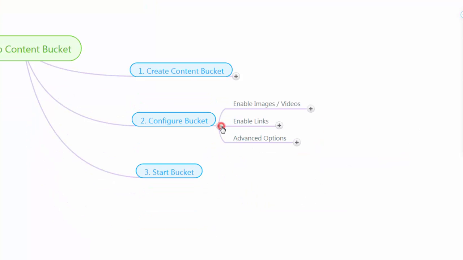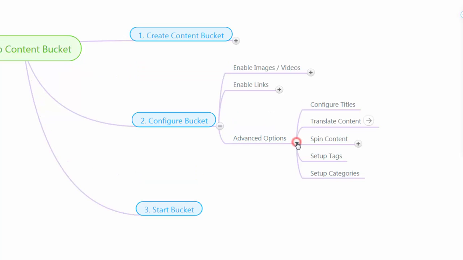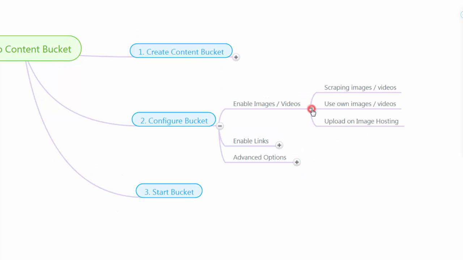The next step, configure the bucket, and we have an option to enable images, enable links, and modify advanced options. Let's start with enabling images. So we have an option to select automatically scraped images based on your configuration. You can use your own images or videos, and there's an advanced option of uploading images to a shared image hosting